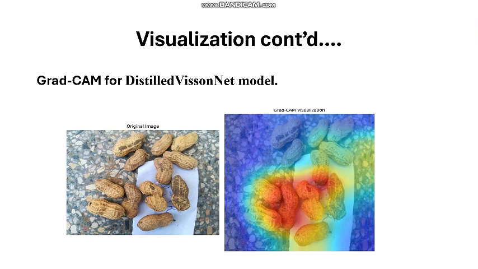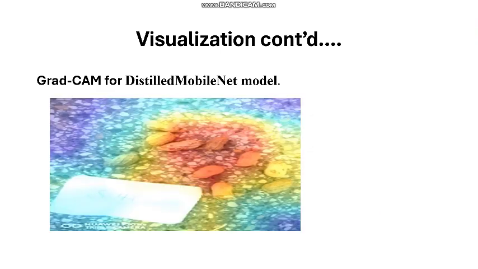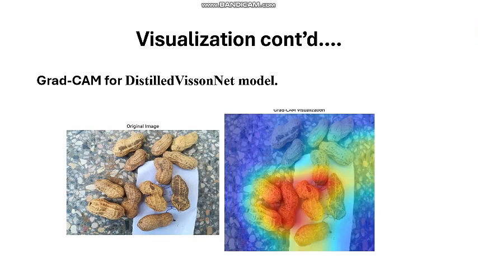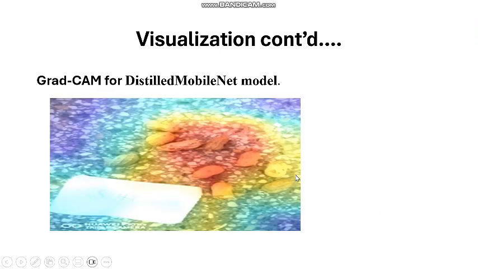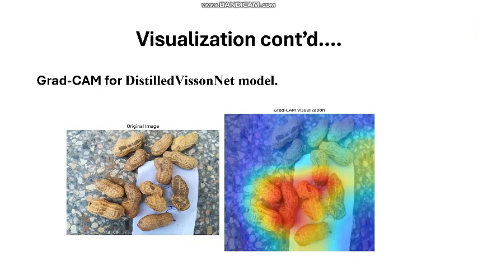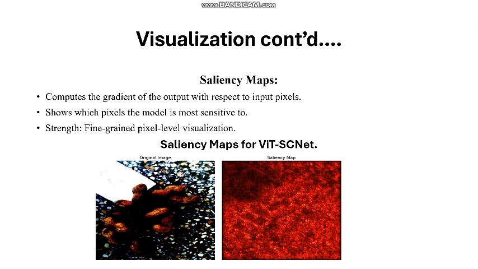So here, as I said earlier in the previous slide, we can conclude that the model much concentrated on regions with groundnut seeds to make classification decisions, because I mentioned earlier that red and yellow colors majorly indicate where the model is concentrating for its decision making. Then on the next slide we are